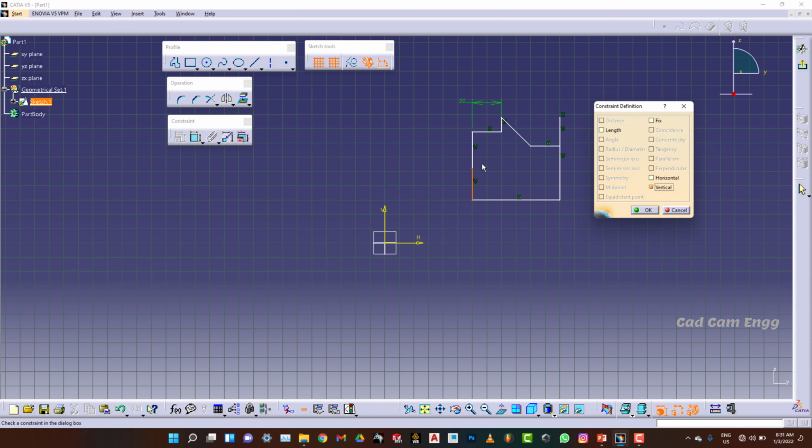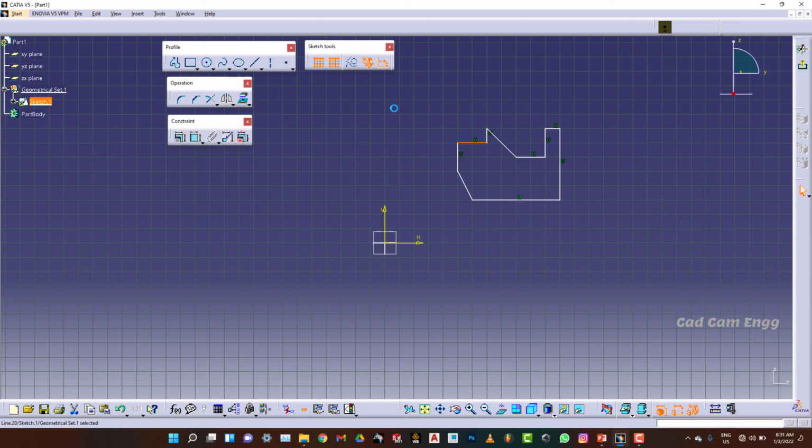Okay, if you are giving the vertical command for making this line vertical from this point, the full dimensions are changed here, and here we already gave a dimension. So if you are giving a dimension, then it will stay like that. Whichever line we have not given a dimension, that line is going to change. Okay, now I am giving Ctrl Z. Here I am going to select some lines, and here I am going to give constraints for them.